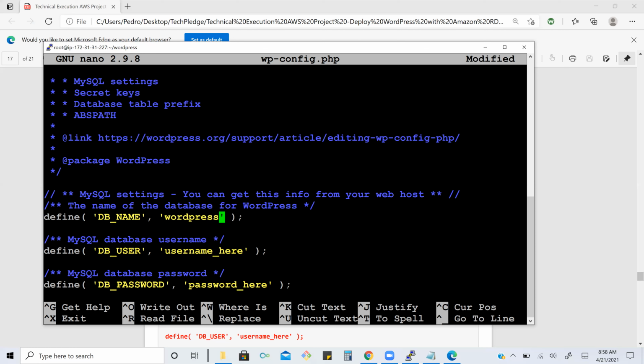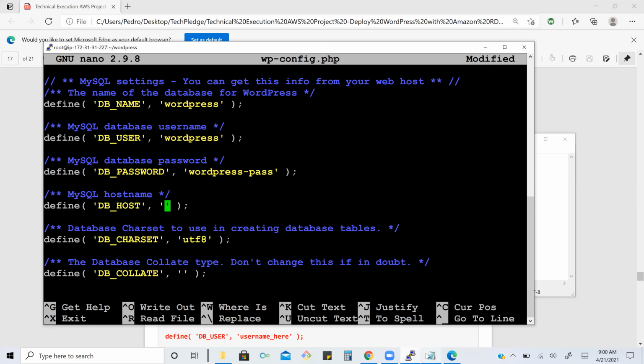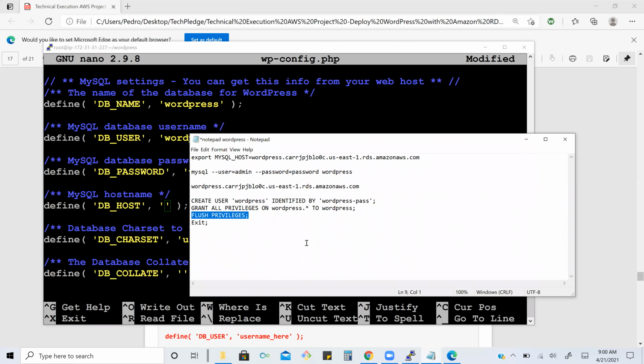Go to your notepad and top one is your name. You saw the third line, WordPress something. This is your complete server name. Just copy this. This is the host name. Right click, copy, and go back there. Right click and paste.